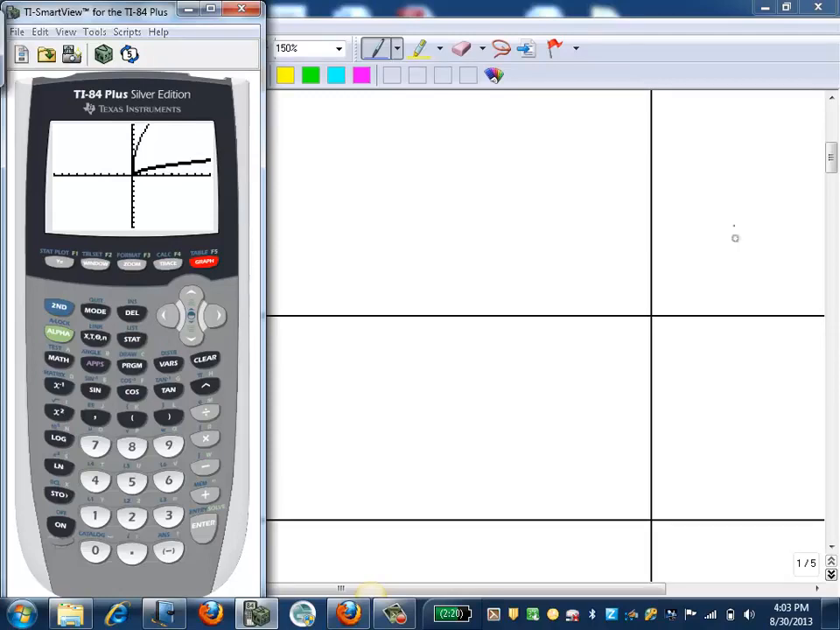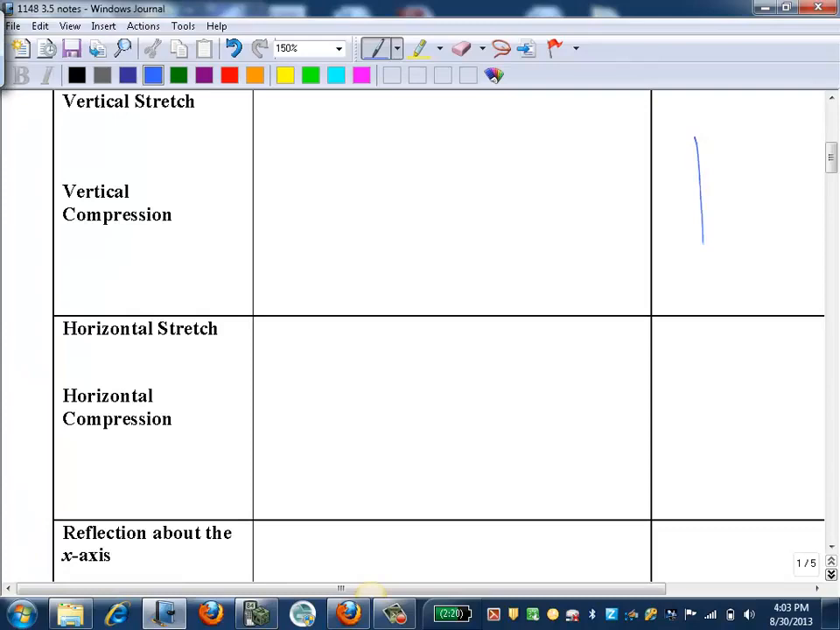So if we make a little sketch of that here in our notes. So here's our parent function, square root of x. When we put that 7 in front, it's going to stretch it up. And then if we put